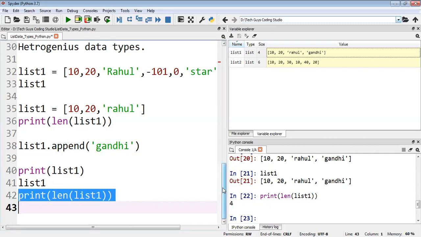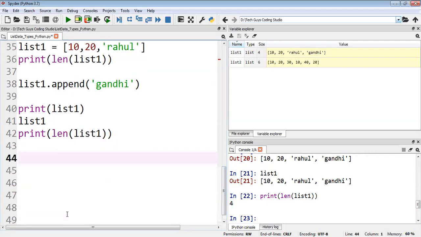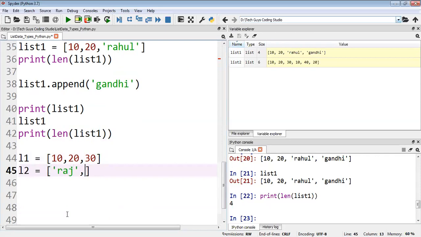Okay, can we add two lists? Yes, of course we can. For example, I have one list, list1 equal to 10, 20, 30. Then I have another list, L2, with Raj, and 55.